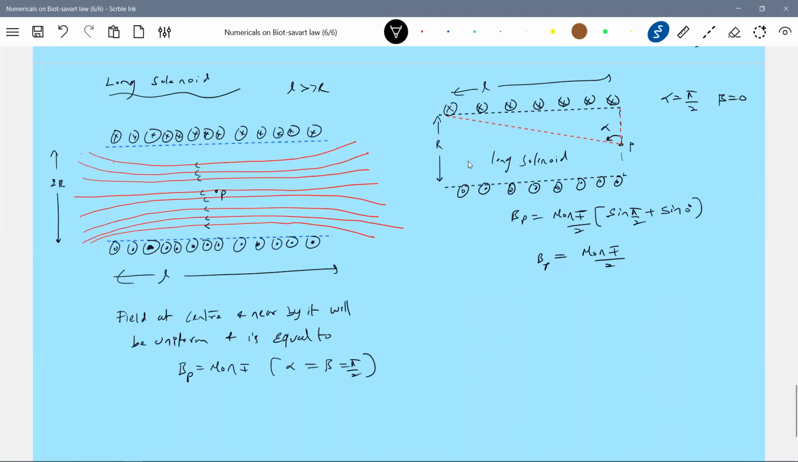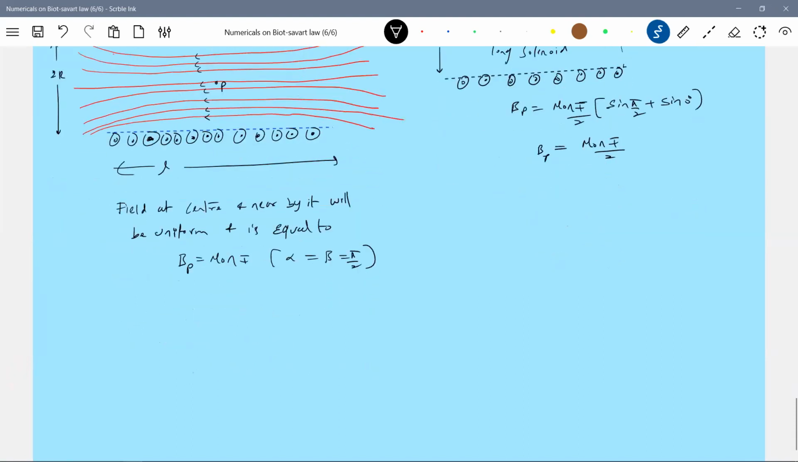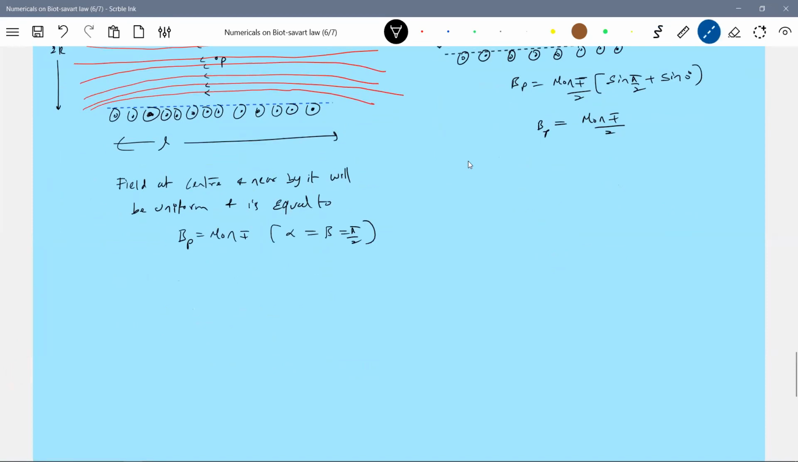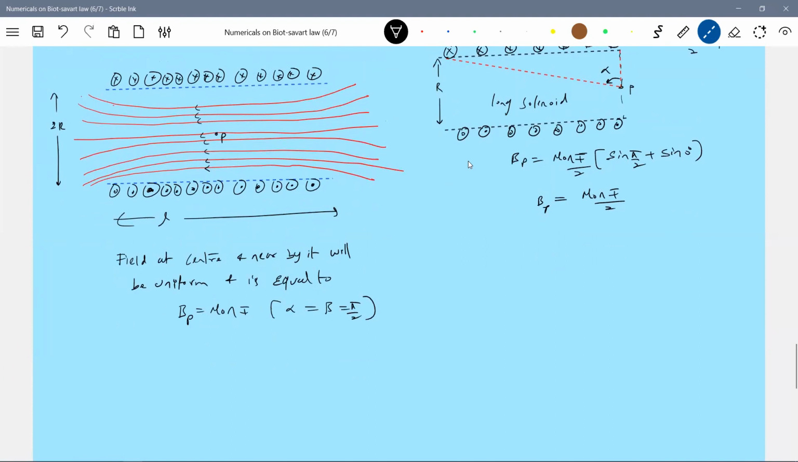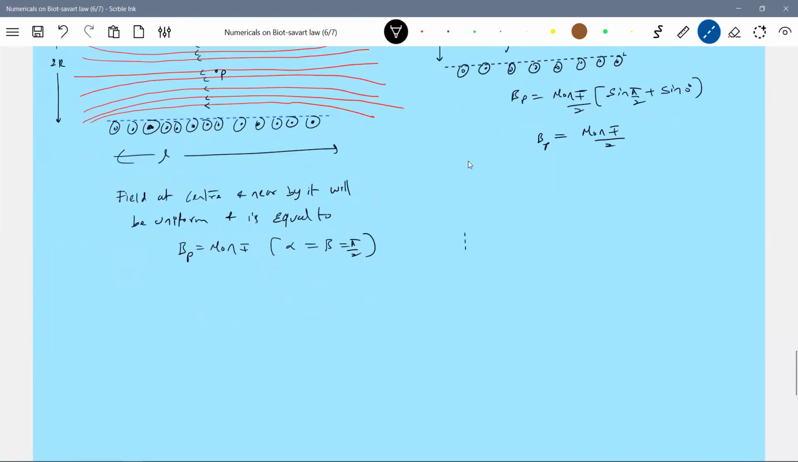So what about the field strength inside the solenoid? How will it vary? Now we can plot a graph. This graph is very important: the variation of magnetic field strength. So the curve will be